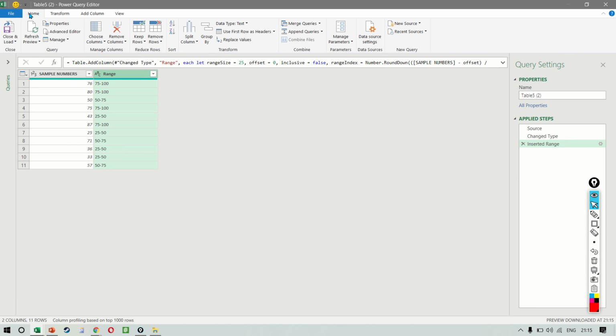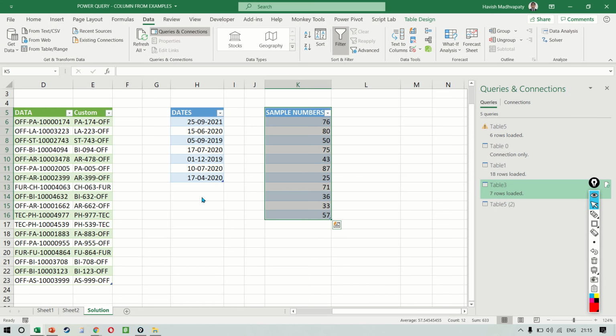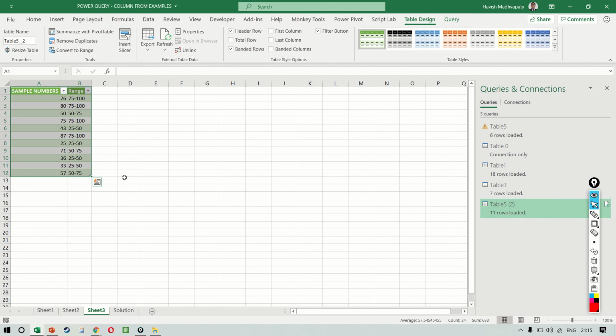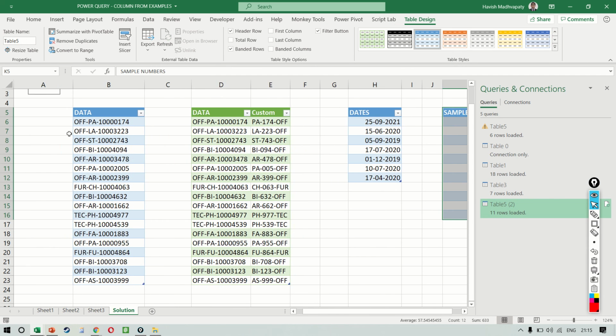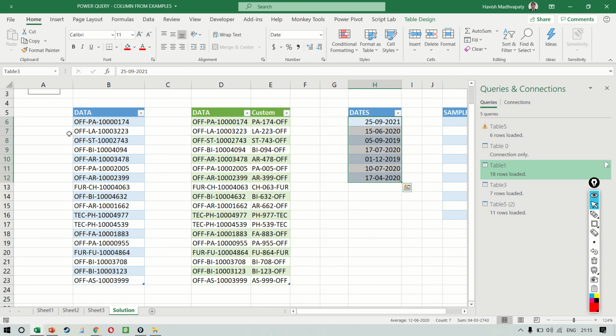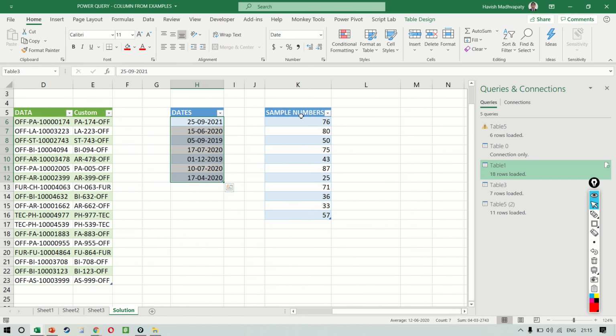Wonderful, right? So we have done a number of examples. I showed you how to do some basic data cleaning where we worked with these data sets, where we did extraction. I told you how to work with dates where you want to extract specific parts from the date. And I also told you how you can work with numbers to be able to create interval sizes from all these numbers.